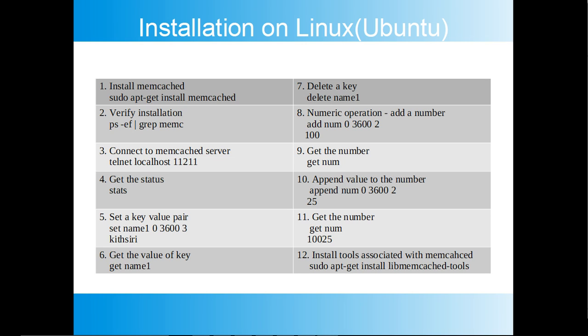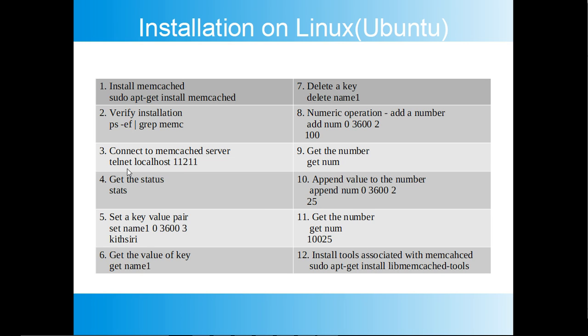Let's see installation on Linux. You can do this if you have Linux or Mac, or in Windows you can install an Ubuntu virtual machine and follow these steps. In the next presentation I will have a hands-on presentation on this. To install memcache, you can just type sudo apt-get install memcached. It will install. Then you can verify. Once installed, there will be one server instance